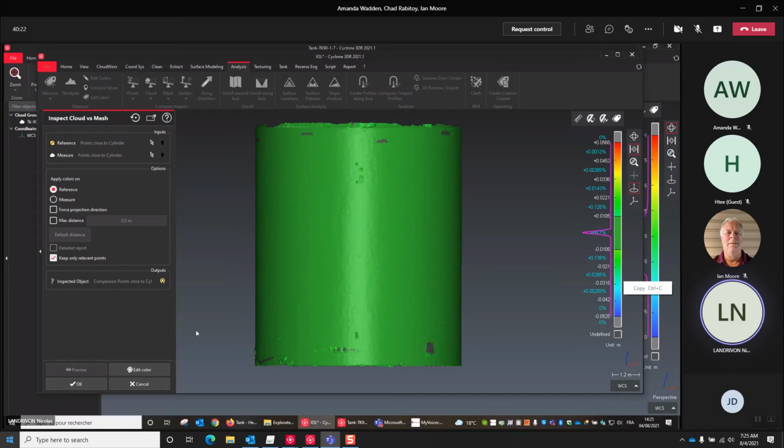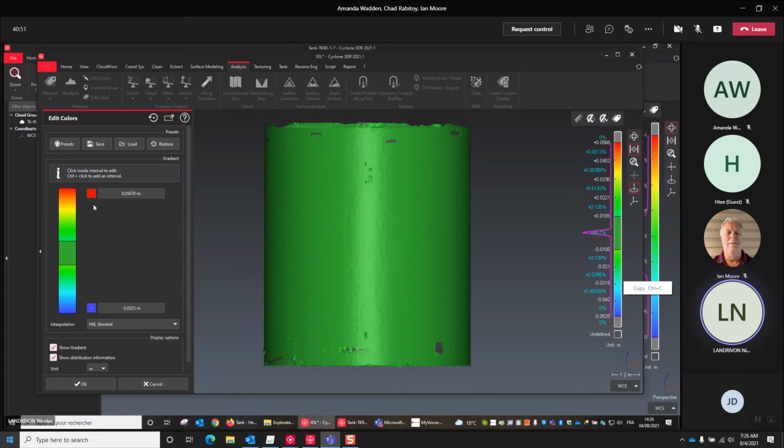It's also something interesting for you because you will use this function during the tank workflow. And what is very interesting is that once you have done the comparison, you can edit the color when you want, inside the dialog box or outside the dialog box once the comparison has been carried out. So edit the color,